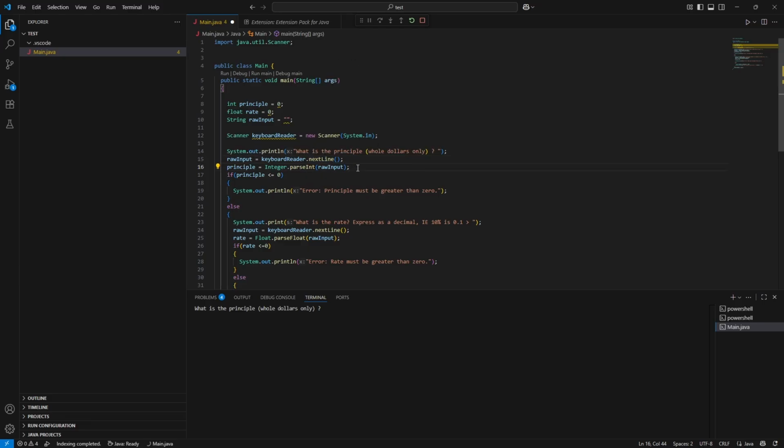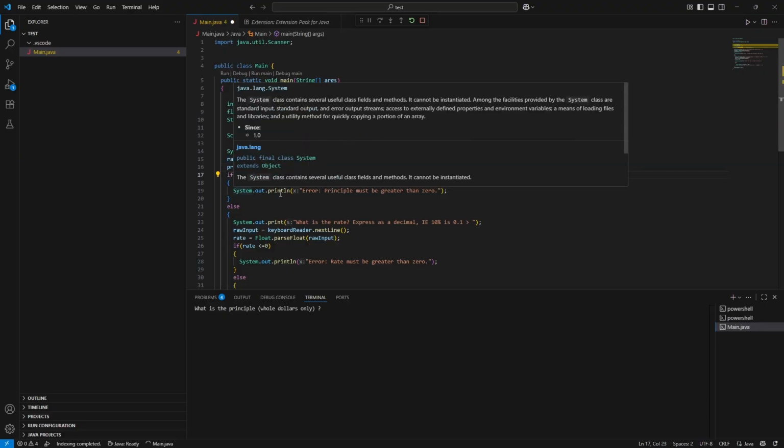And much like Python, if I want to do math with a string, well, I can't. I have to convert that string to a number. In the case of Java, I use Integer, capital I Integer, not int, dot parseInt, and then I pass in the string that I want to parse. Like Python, this can throw an exception if you are given invalid input here. Assuming that I get valid input,